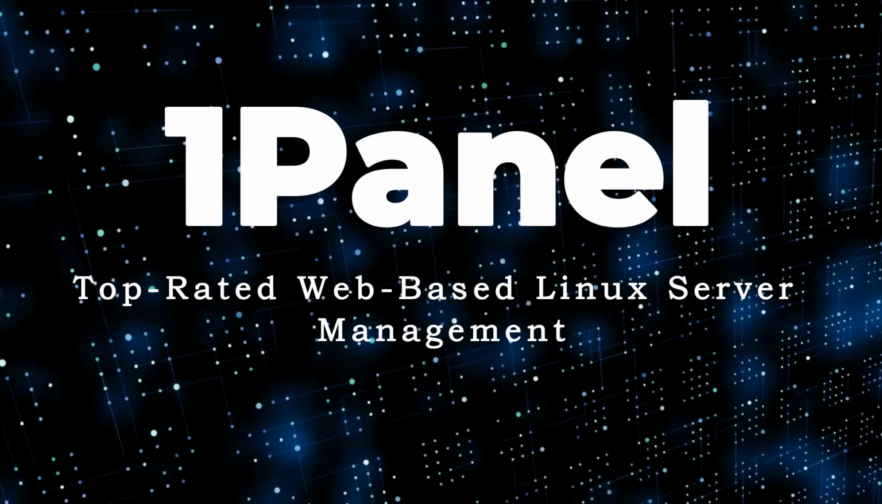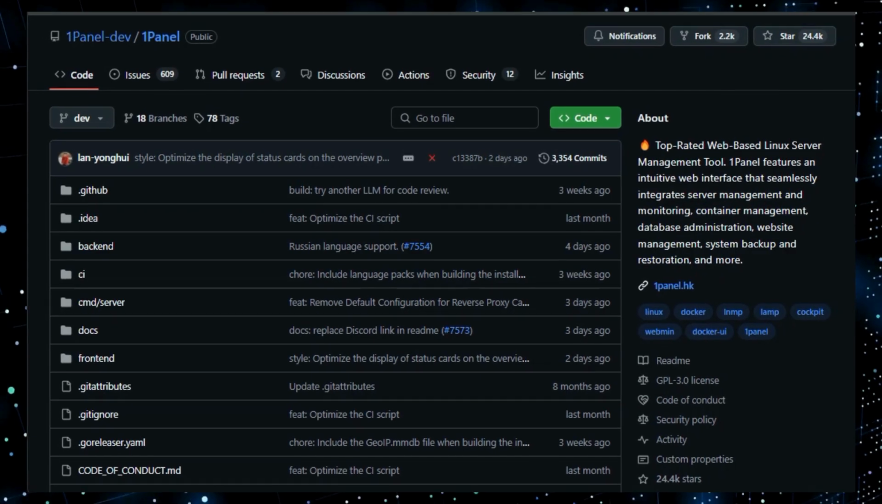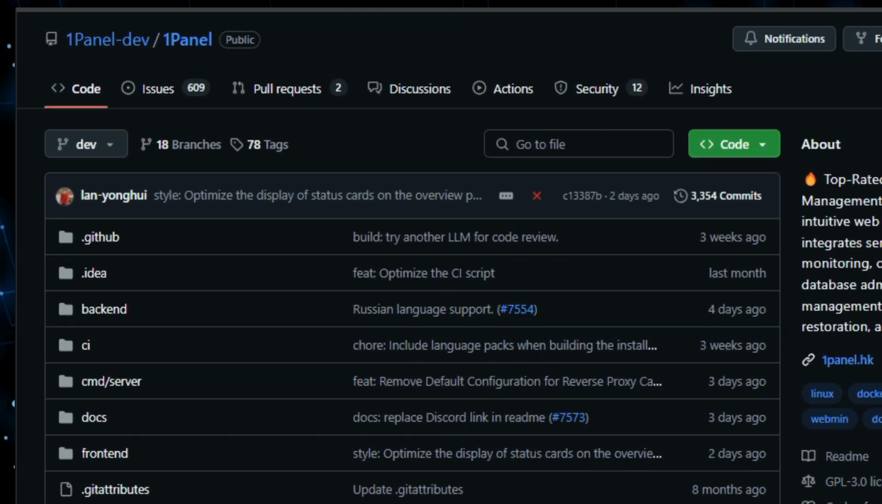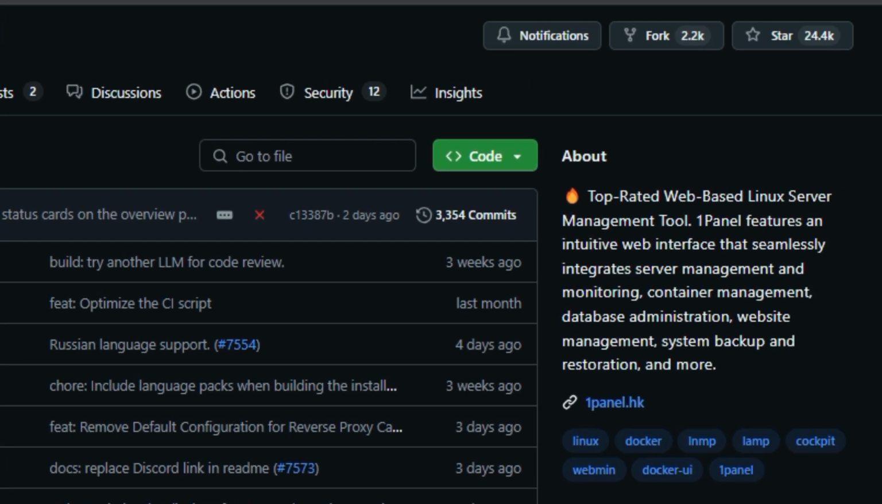Project number 6, OnePanel, top-rated web-based Linux server management. We're exploring OnePanel, a top-rated web-based Linux server management tool. What makes OnePanel stand out? Well, it's designed to provide an intuitive and seamless experience for managing your Linux servers, all from a single web